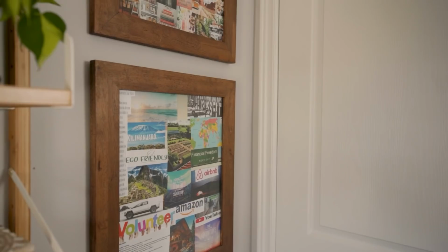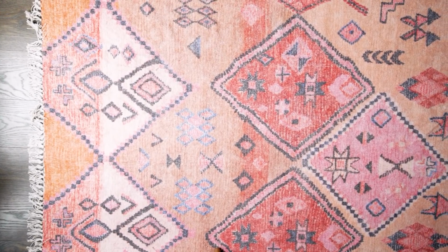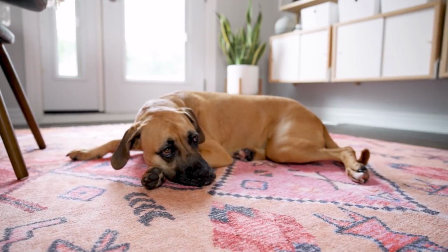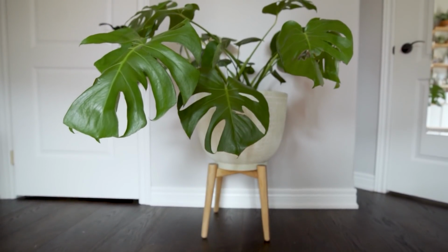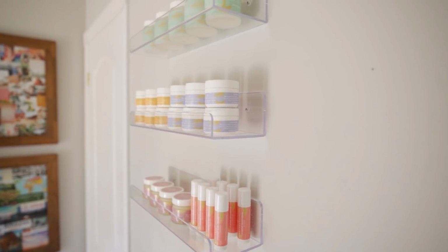The closet back here is basically for filming equipment. We have our vision boards behind you guys, and I love this space. There's a beautiful Moroccan style rug, a big Monstera plant that is thriving here, and then I have a shelf with some of my Beauty Nut skincare products, which I